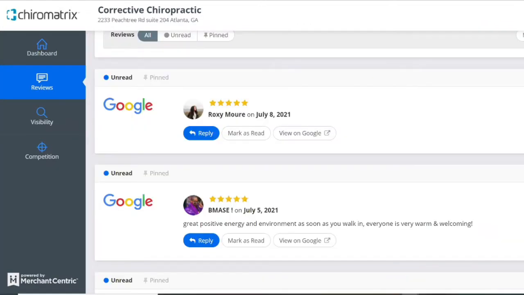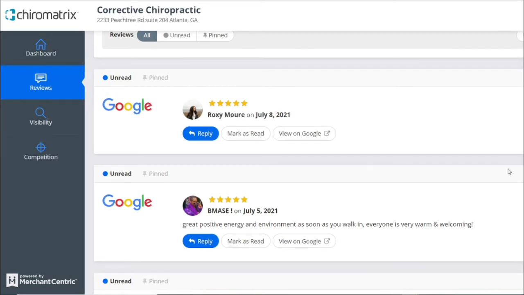So here's the fun part, and actually really important: replying to your reviews and engaging with your clients and patients. Reviews and star ratings are a big Google ranking factor now, and you have an opportunity to do this in our reputation management tool. When you click reply to your Google review,